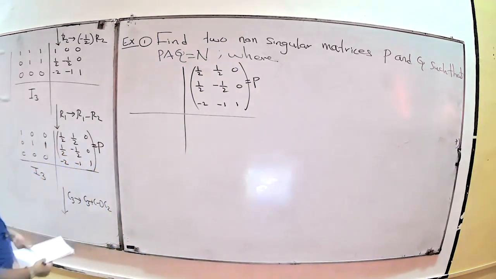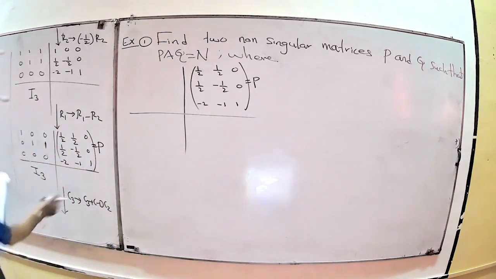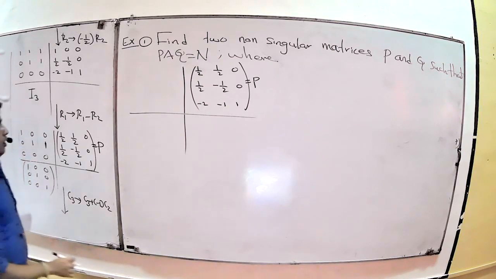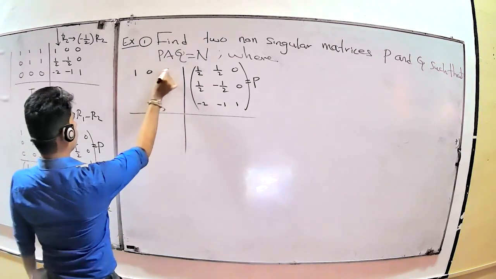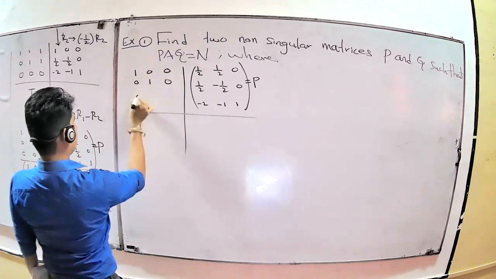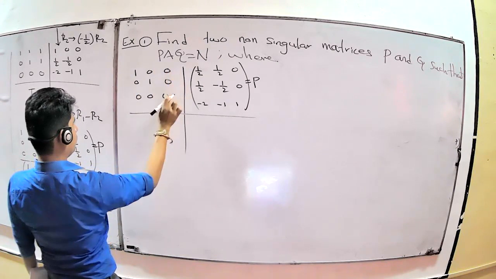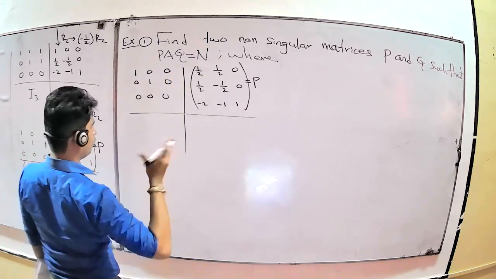Now do the column operation. Now you can put here I3, 0 0 0 0 0 1, because here after you do the column operation, no? Therefore you can put the matrix now. Here you get 1 0 0, 0 1 0, 0 0 0. It is your normal form because it is I2, here 0, here 0, here 0. Therefore, it is your normal form.